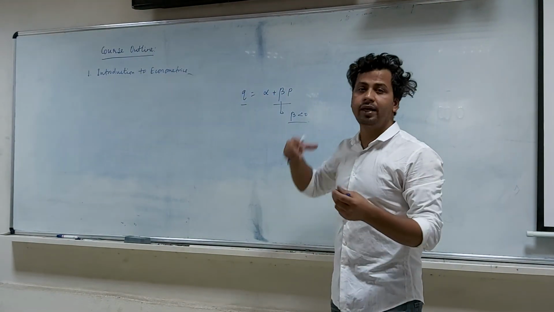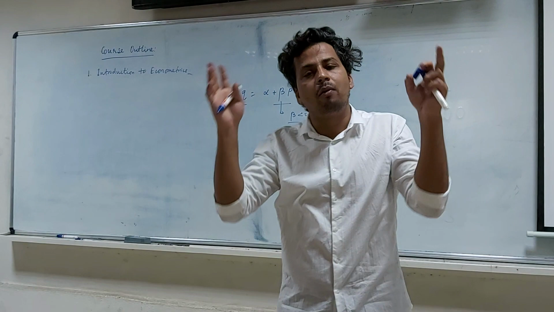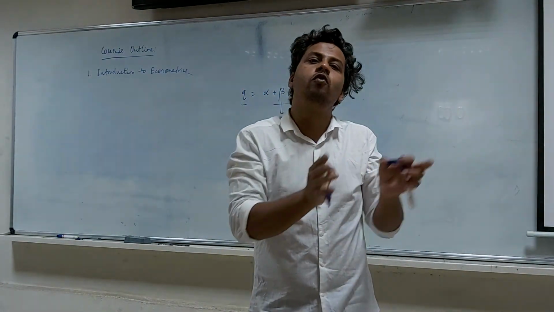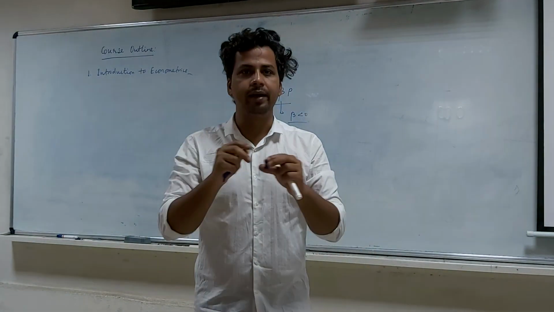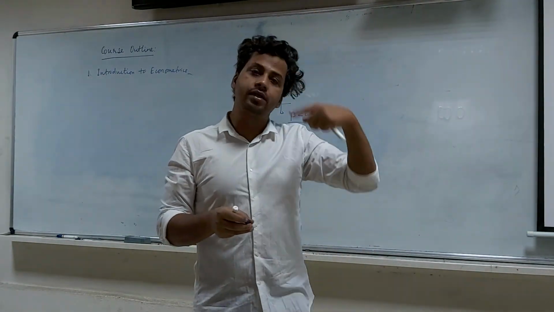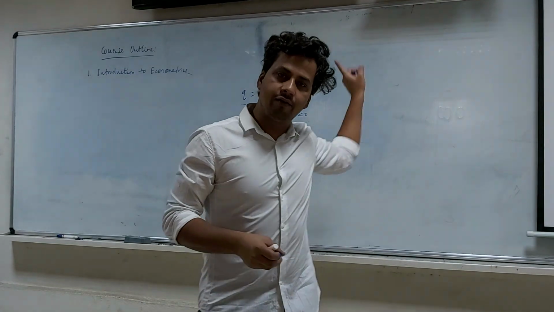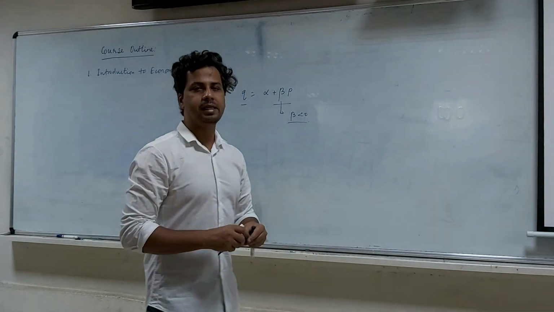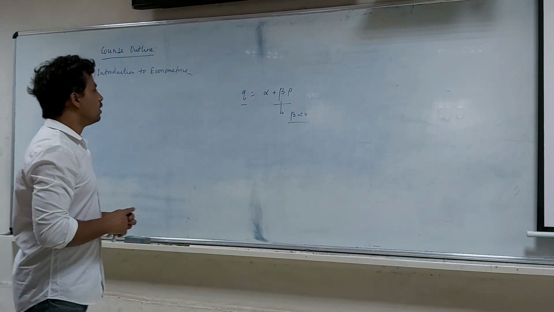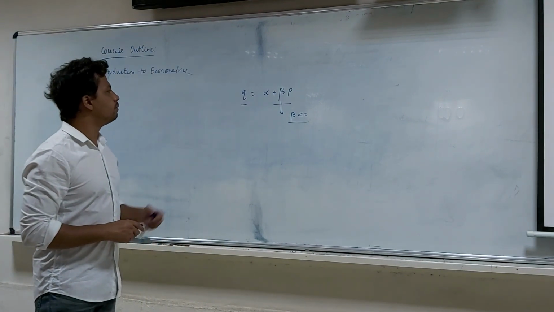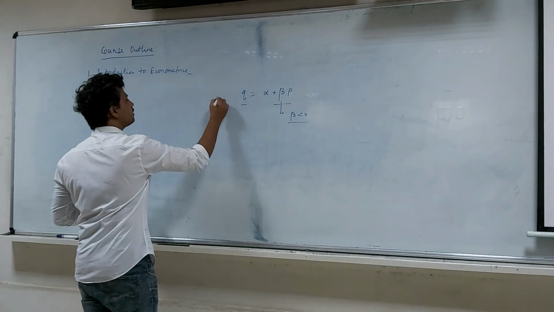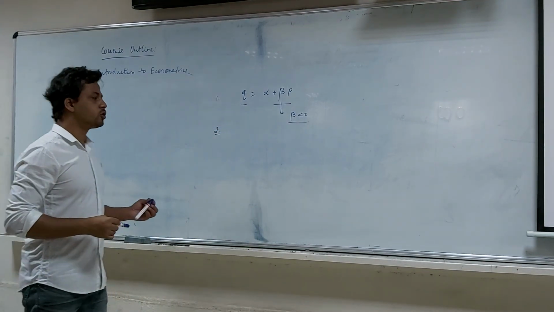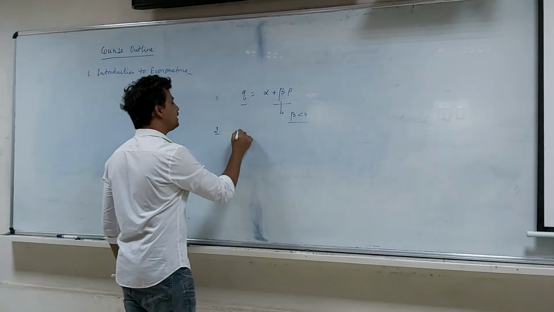This mathematical formulation is nothing but an economic model. That is, you assume certain variables to move in a certain way in the economy, and then we use econometric models to either verify or refute this economic theory. This is precisely the basic understanding of econometrics. Another example: those of you who are students of economics, I'm sure you are well aware of something called the Keynesian consumption function.